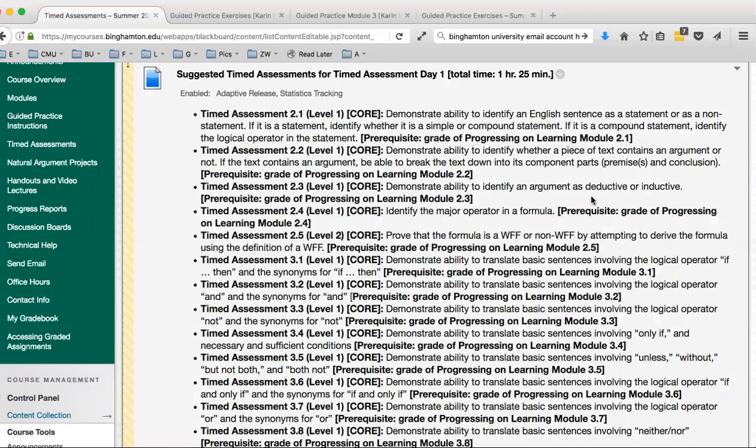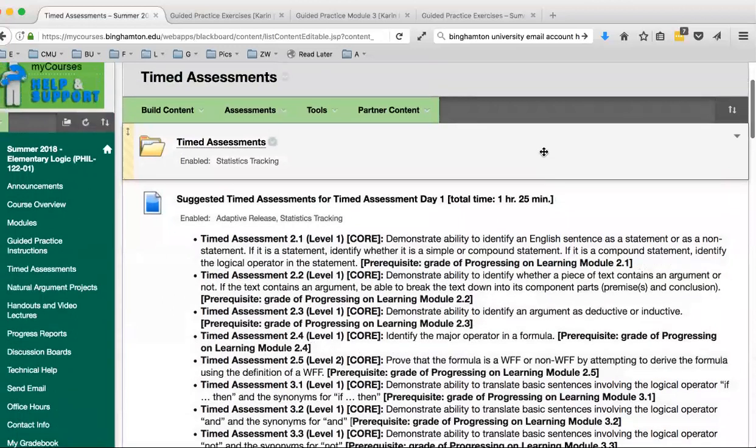So provided all of that is in place, you certainly are free to just go ahead and do the timed assessments whenever you like, whenever you feel ready. But there is a day that's set aside for it. But that's not really essential. That's just sort of to keep you on some kind of track. Okay, so if you click on the folder that says timed assessments,